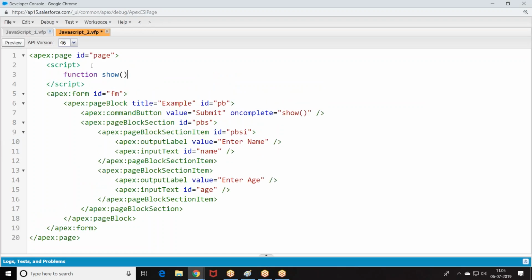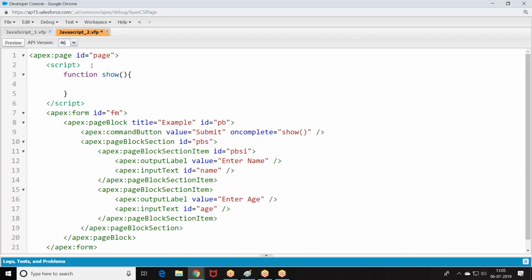Function show. Currently, we are running the function called show. When you are running the function called show, how do you read the data?